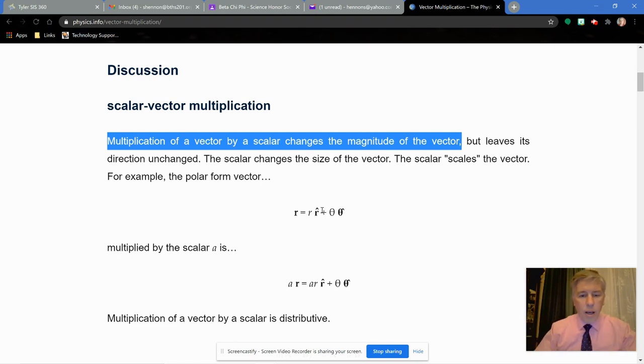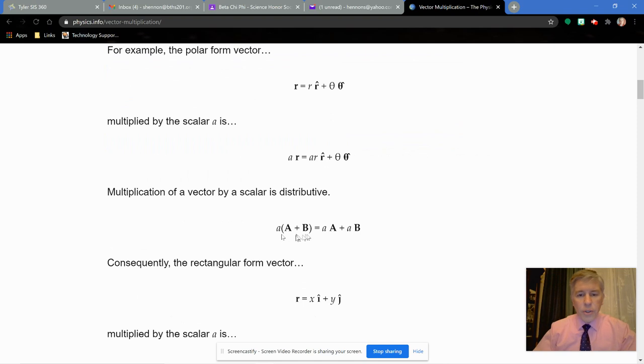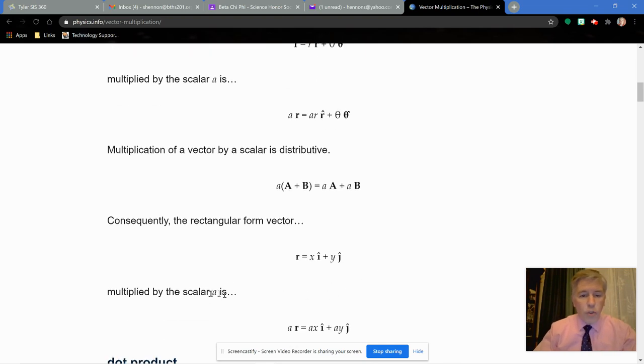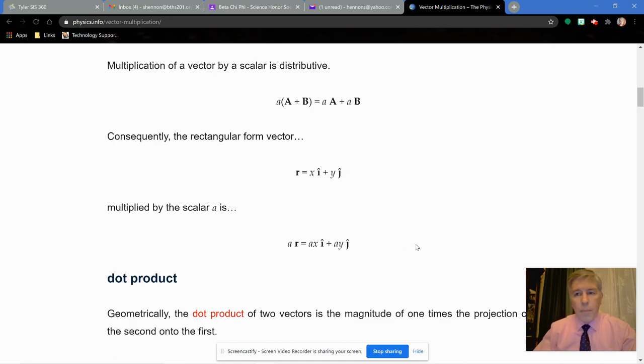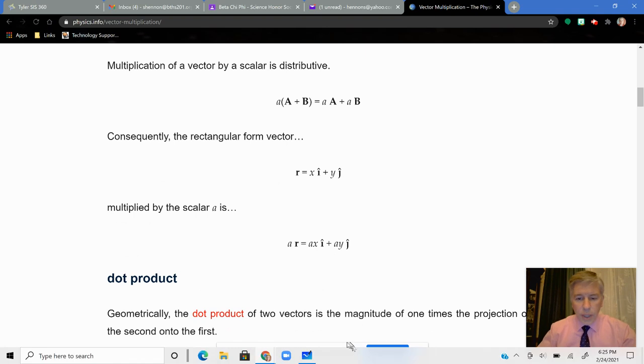I usually think of vectors as just like north of east or south of west or stuff like that, or the rectangular form where you have it as x in the i direction or the x direction and then so much in the y direction. And all you do when you multiply by a scalar is you just increase those particular values. So it doesn't change anything about it. So I'm going to jump to a different idea here